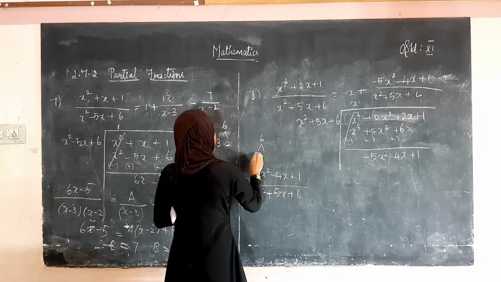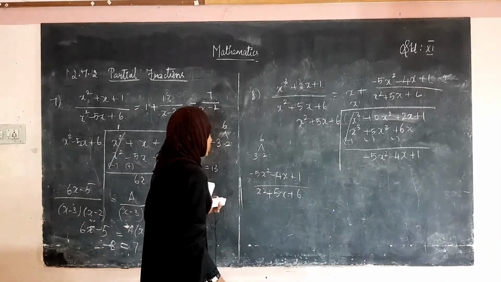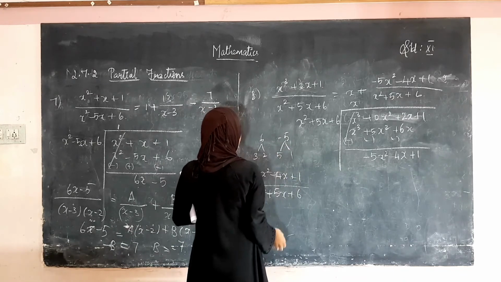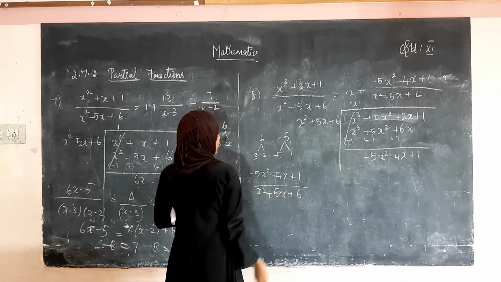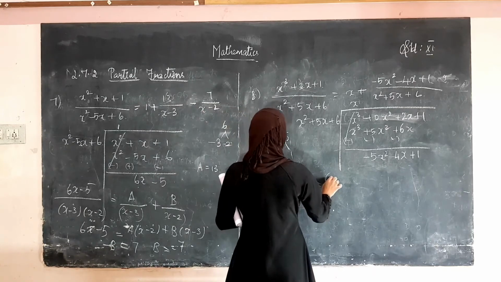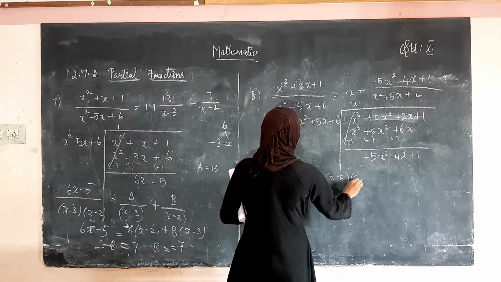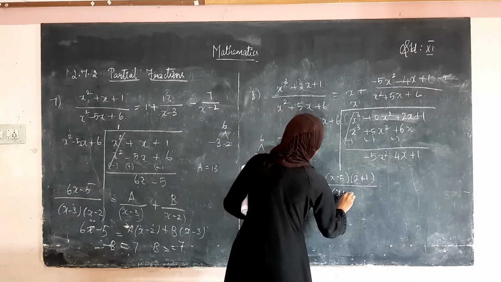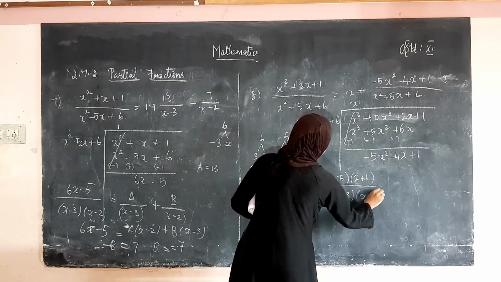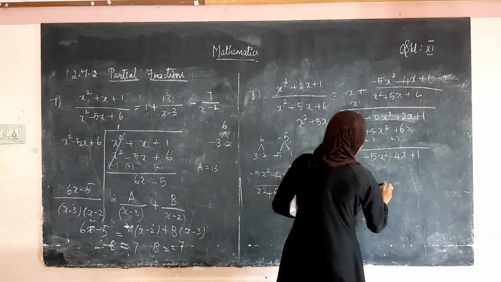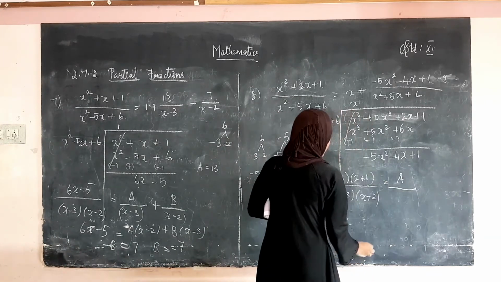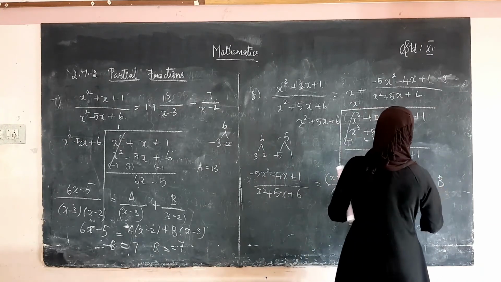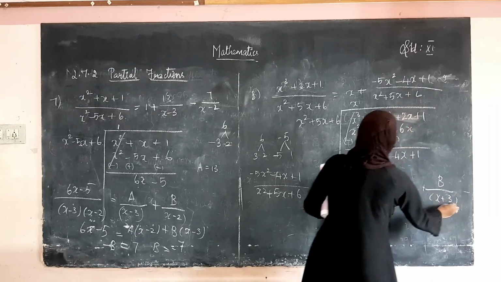How can we solve 6? 3 into 2, and here minus 5. How can you resolve this? 5 into 1. We have to get minus 4. Okay. So this can be resolved into x minus 5 into x plus 1. Denominator is x plus 3 into x plus 2. So now partially resolving this, a into x plus a divided by x plus 2 plus b divided by x plus 3.